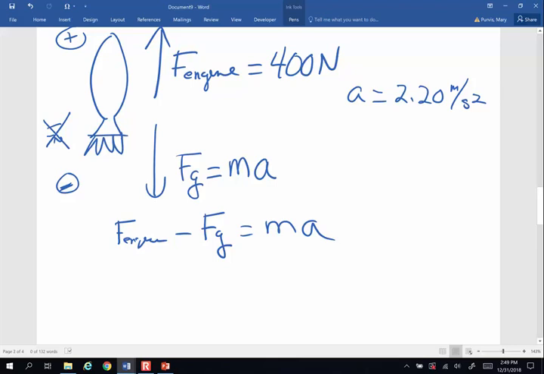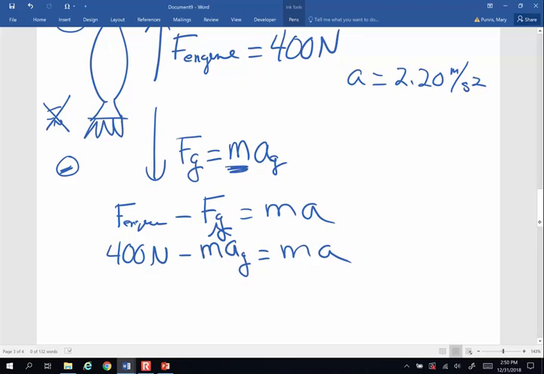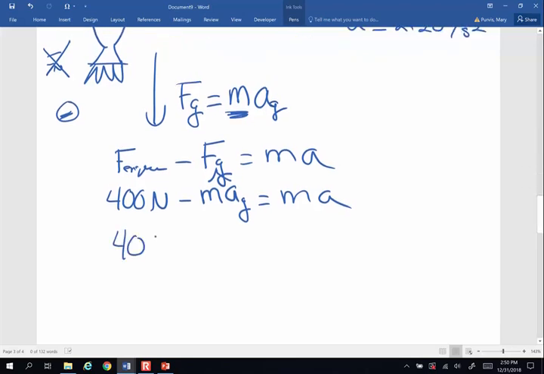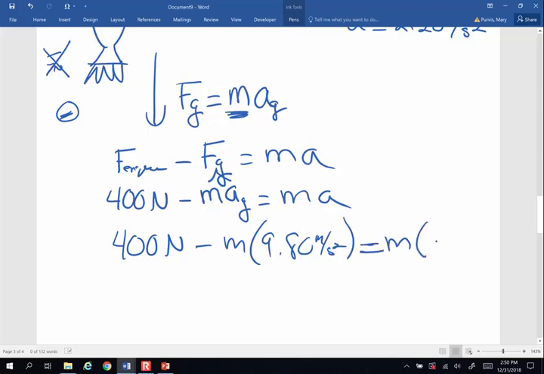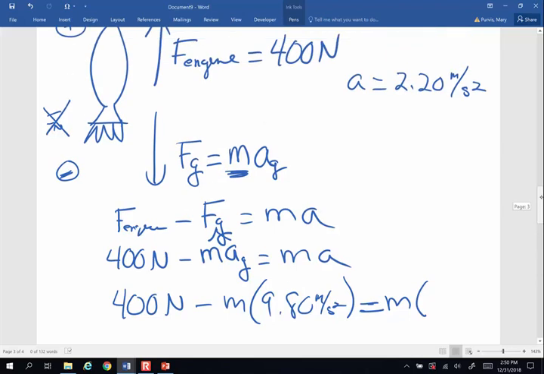Now, I want to know the mass of my rocket. But force of gravity is mass times acceleration of gravity. So here's what I'm going to do. The force of the engine is 400 newtons. I'm going to replace force of gravity with mass times acceleration of gravity, and that's going to make my mass accelerate. Put some numbers in here. 400 newtons minus mass times 9.8 meters per second squared equals my unknown mass times my, what was the rate of acceleration of my rocket? I've got to scooch it up a little bit, 2.2